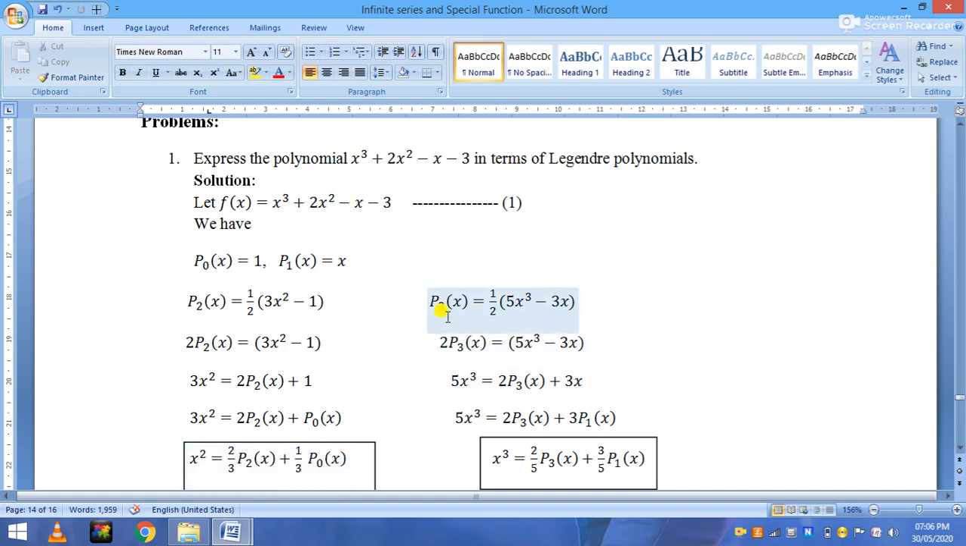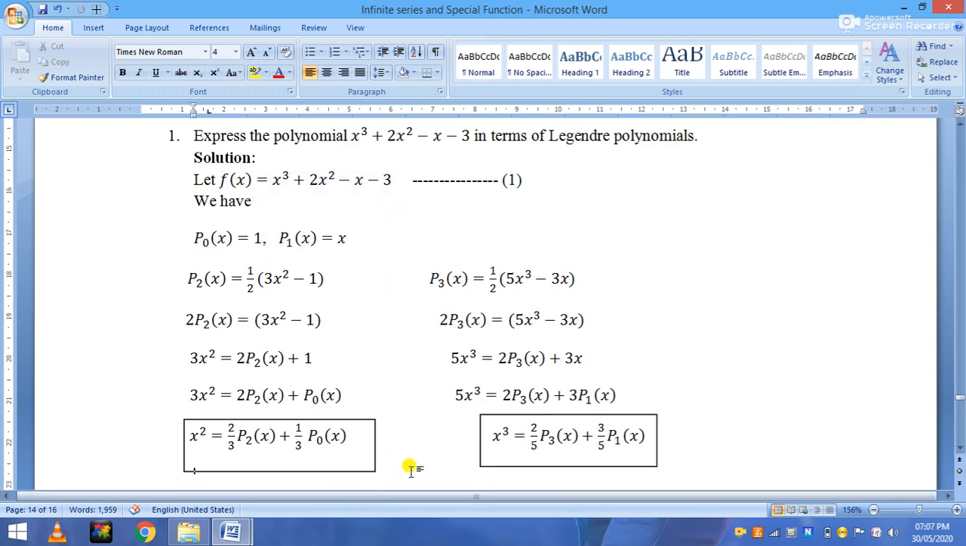Similarly we want the x cube value, for that we take P3 of x equal to 1 by 2 into 5x cube minus 3x. 2 P3 is equal to 5x cube minus 3x. Therefore x cube is equal to 2 by 5 into P3 of x plus 3 by 5 into P1 of x. So now we know the x cube value, x square value, x value and 1 value. So put in equation number 1, we get